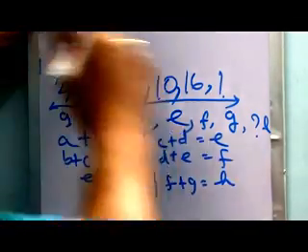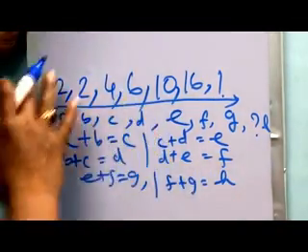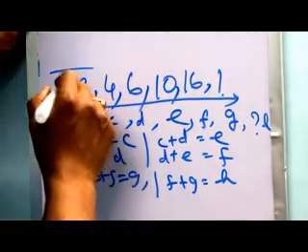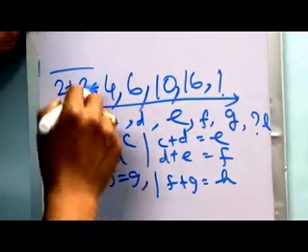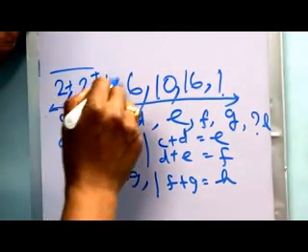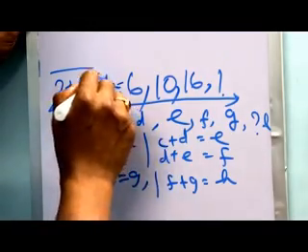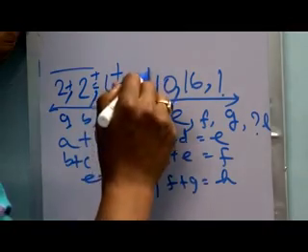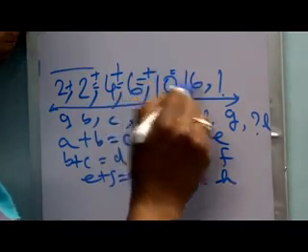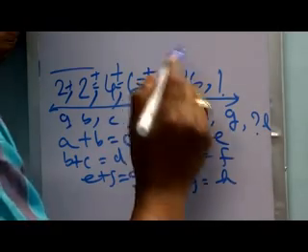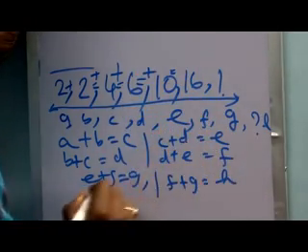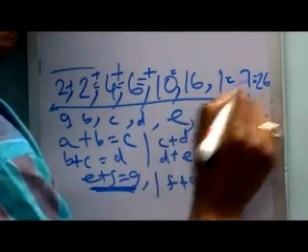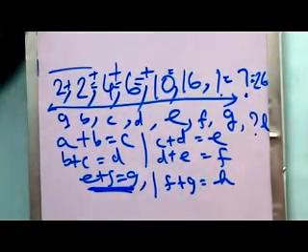So if we think of this particular number series in this pattern, what do we get? We get 2 plus 2, two consecutive numbers. If we add them, we get 4. Then 2 plus 4, what do we get? We get 6. Then if we add 4 plus 6, we get 10. Then if we add 6 plus 10, we get 16. And then the consecutive numbers in position E and F, so E and F equal to G, that is, the question mark will be replaced by 26 to complete the number series pattern.